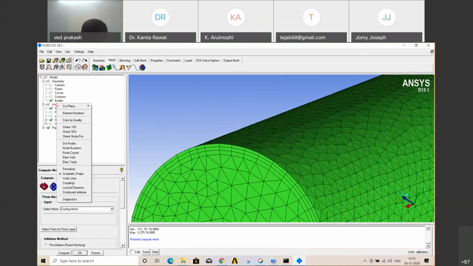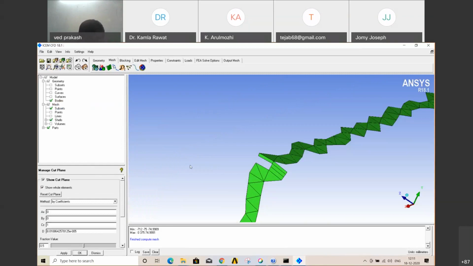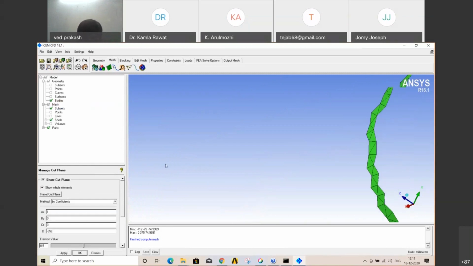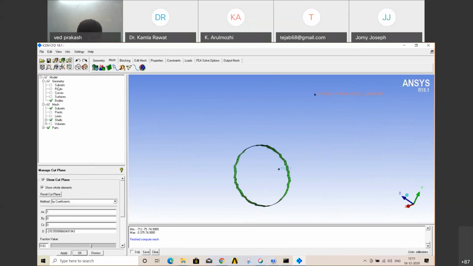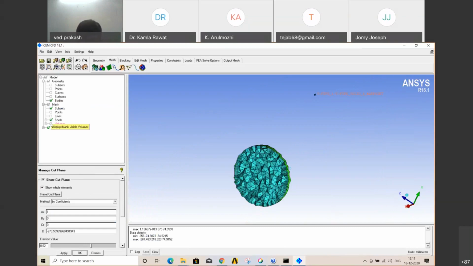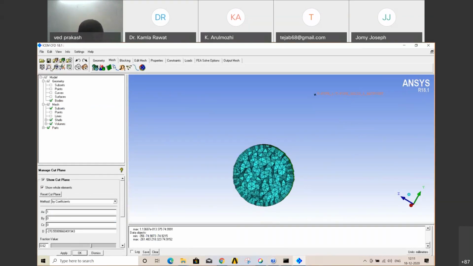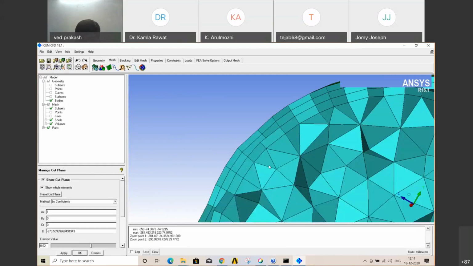Go to mesh, right click, manage cut plane, take a section like X plane, fit to window first. Okay, apply, then open your volume. All right, just zoom in. Now you can see these 3 layers.